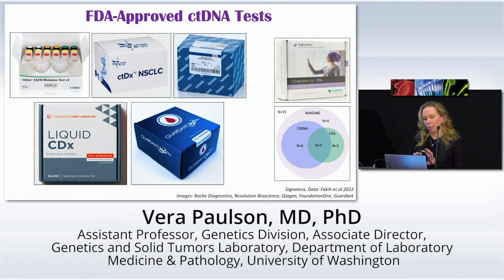And so this study basically looked at what was first to detect. They did the imaging on NCCN guideline recommendations, and then looked at ctDNA and then CEA measurements as well. And I've got a Venn diagram here basically showing that imaging was eventually able to identify all the alterations, whereas ctDNA remained negative in about 40% of cancer patients that had recurrence.